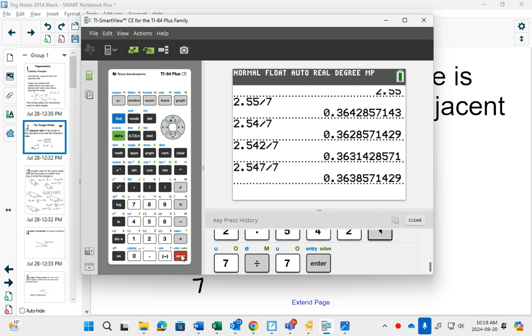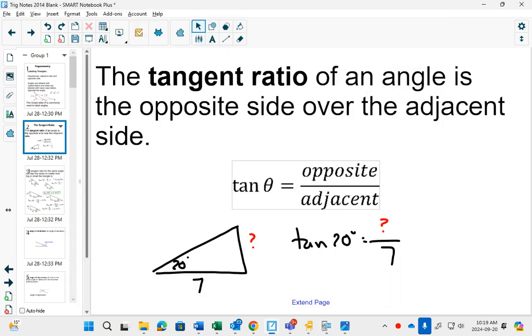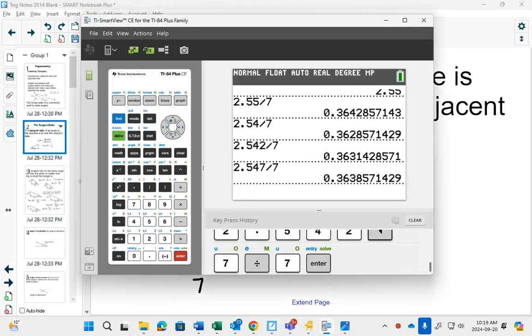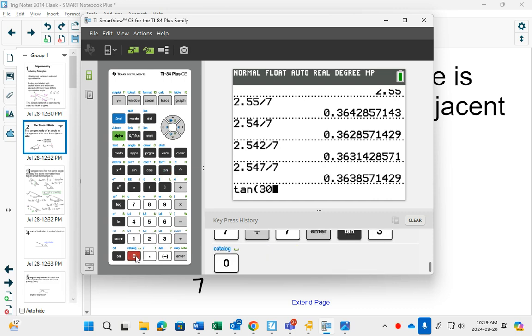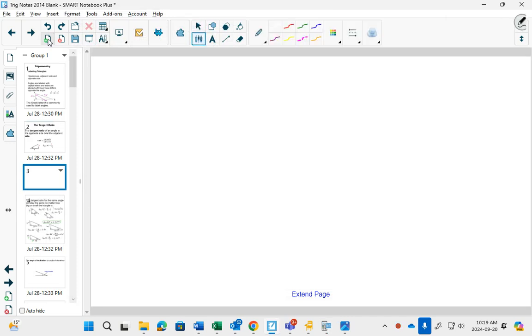Okay? Okay. This is the idea of tangent. Now, what's super powerful is mathematicians before have figured all of this out. People have measured and done mathematics to figure out every single angle that exists, you can type into your calculator. So if I want to draw a triangle on the board accurate with 30 degrees, I go here and I type in tan of 30. Then I can draw 30 degrees